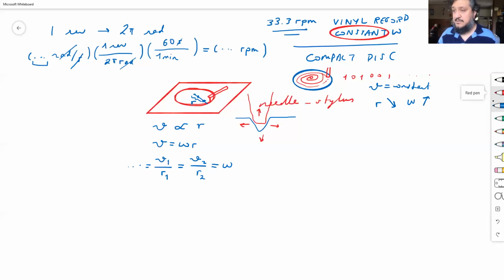So you would expect the compact disk to spin faster and faster as the laser reader comes close to the center. Now, when omega changes, which means the object is spinning up, spinning faster and faster, this means even without changing your position on the rigid body, your V has to increase as well. Now, for Earth